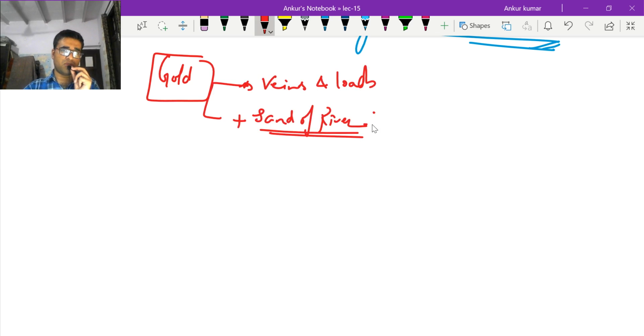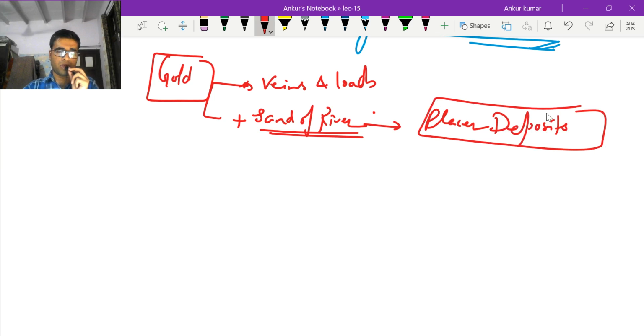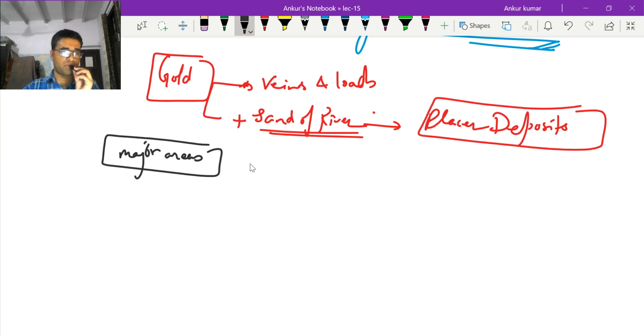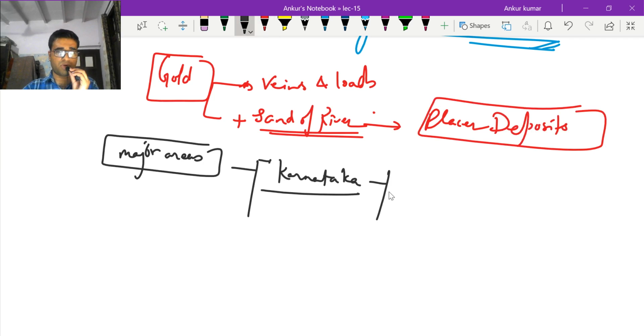And the gold which is found in the sand of river, इसको क्या बोलते हैं? Placer deposit, placer deposits, right? अभी मेजर एरियाज की बात करते हैं कि मेजर एरियाज कौन से हैं। मेजर एरियाज जहां पे गोल्ड मिलता है बेसिकली, नंबर वन इज इन कर्नाटक। कर्नाटक के अंदर भी दो एरियाज हैं जो सबसे इंपॉर्टेंट है।